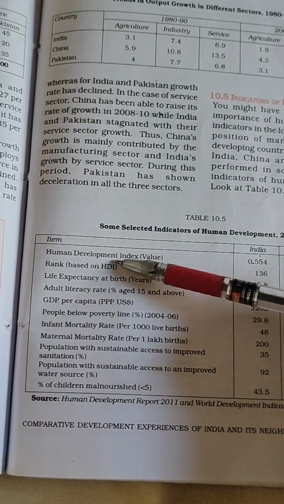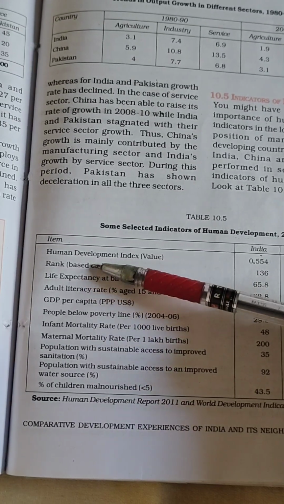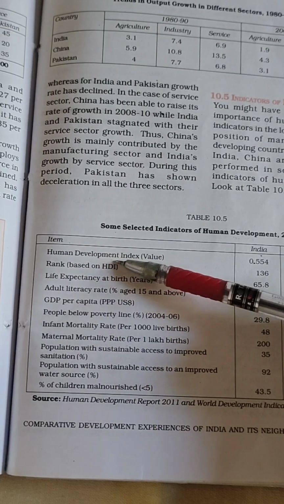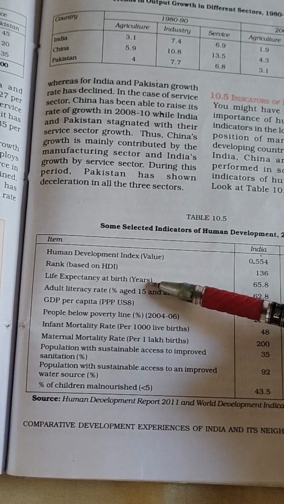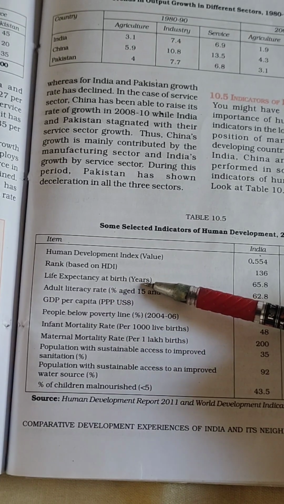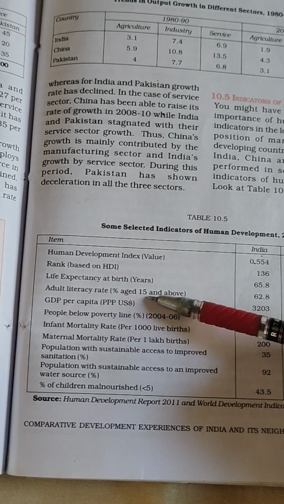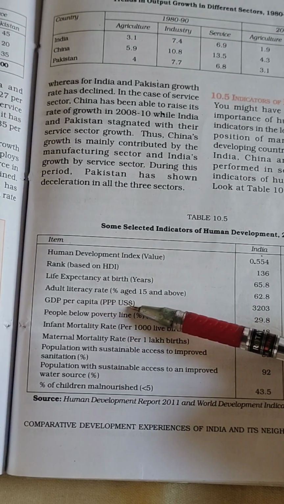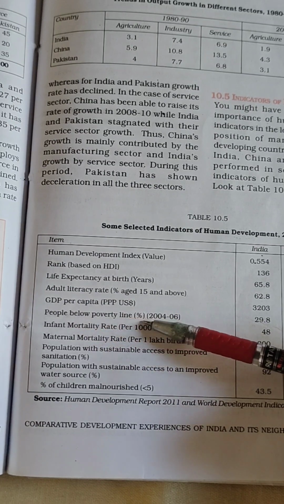Now, what are the items like? First is the Human Development Index value. Second is the rank based on the value of HDI, Human Development Index. Third is life expectancy at birth, that means how many years one lives after being born. Adult literacy rate, percentage, age 15 and above. GDP per capita, PPP, US dollar, that means purchasing power parity in US dollars. Then people below the poverty line in percentage